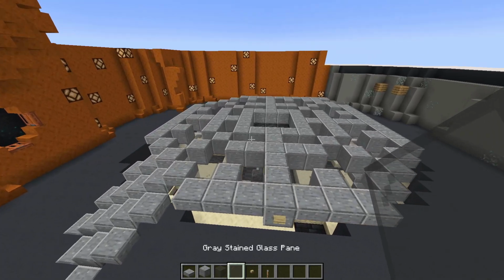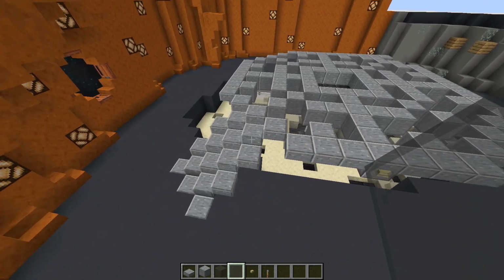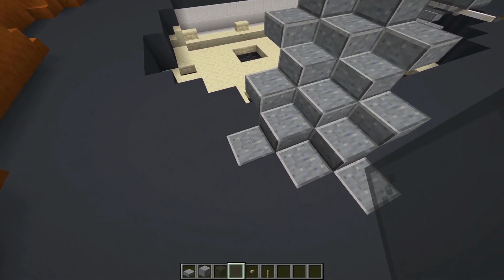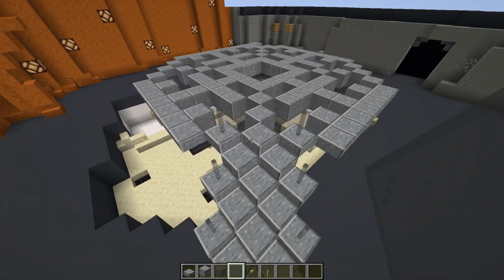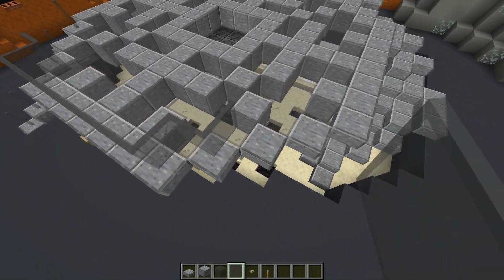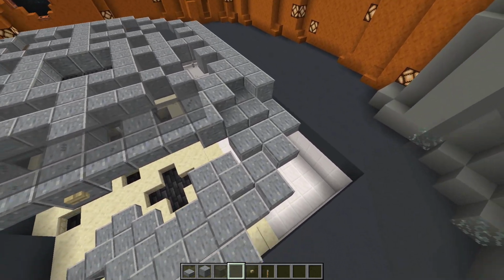And now our final step for this part of the tutorial is to add some railings to all of this, and we're going to be making these out of grey stained glass. So first of all, come over to the initial staircase we constructed, place 2 on either side like this, another 2 right here, another 2 right here, and then 2 more here. And then we're basically going to go all the way around the outside like this. Now make sure you obviously stop on this block because we don't want to go over the staircase that we